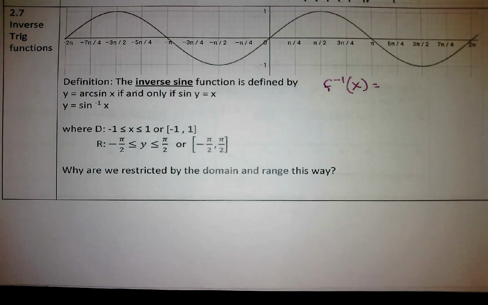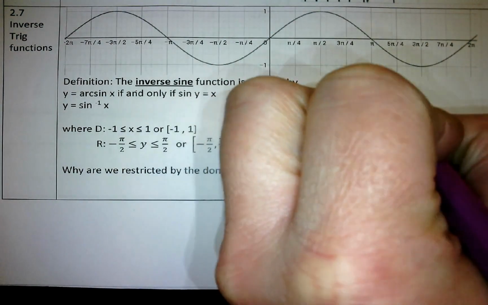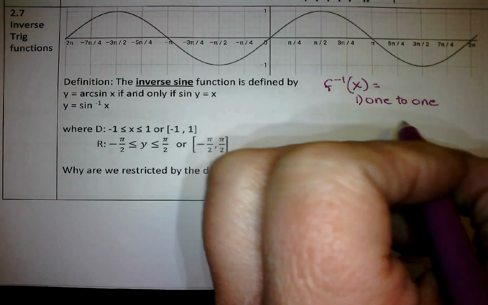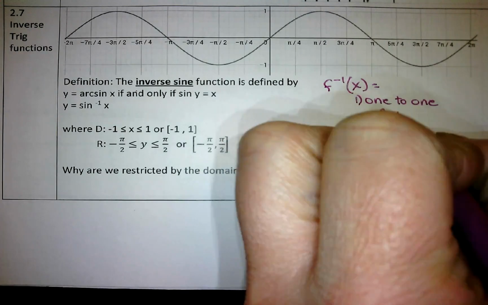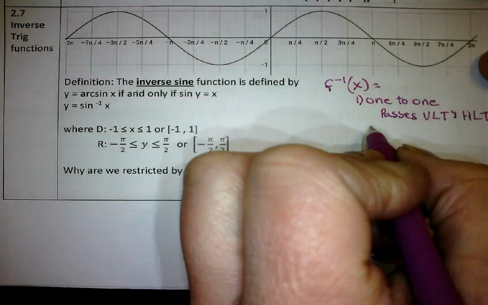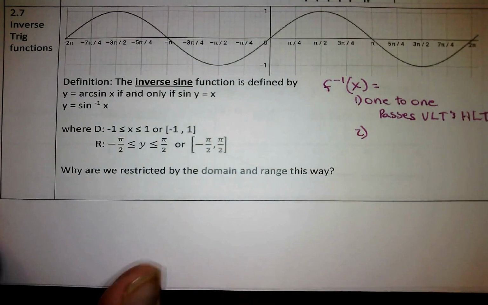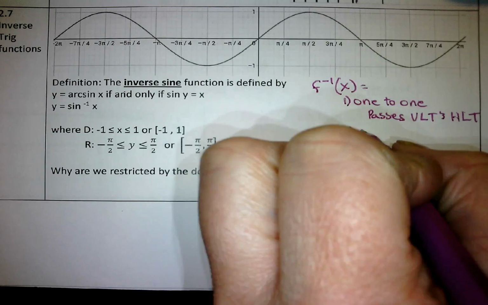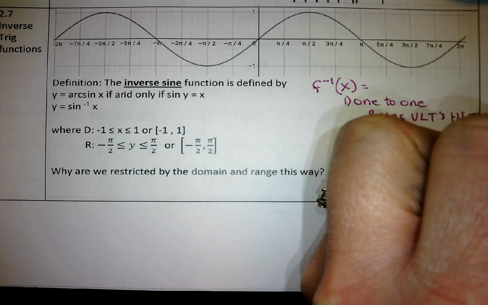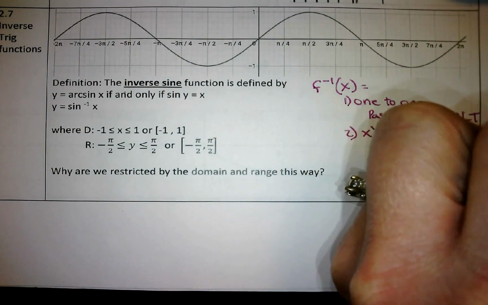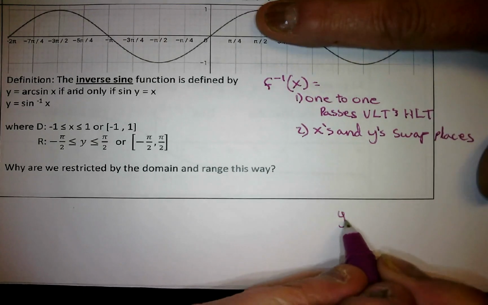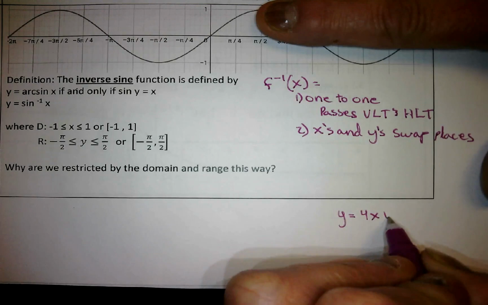is a function that, number one, passes the vertical line test and the horizontal line test. Okay, so passes vertical line test, horizontal line test. Our second thing about inverse functions, when we found before, so if we had something like y equals 4x